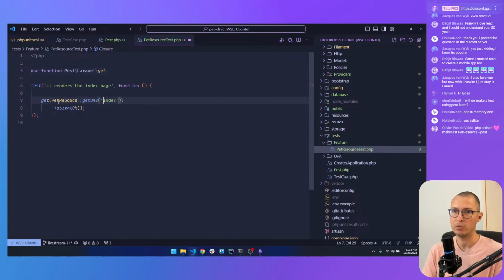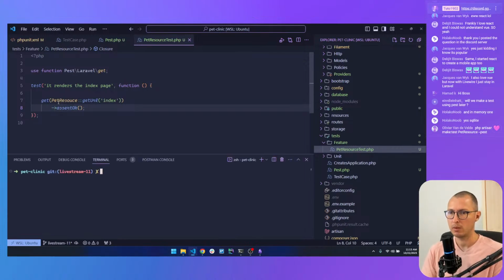And now I can use this get function, which is shorter than this $this->get. And in my opinion, this looks a lot better. I have a bunch of other helper functions or assertions, and it makes the code look really nice. So if I save this now and run Pest again,